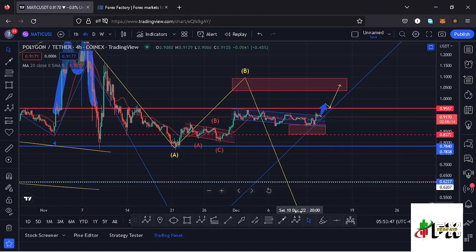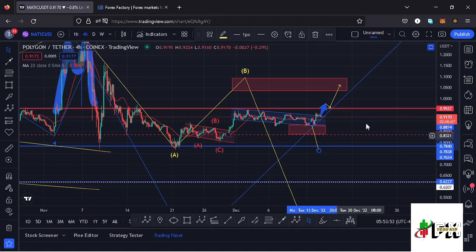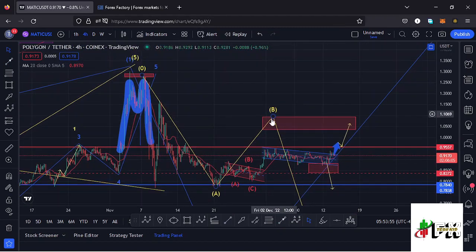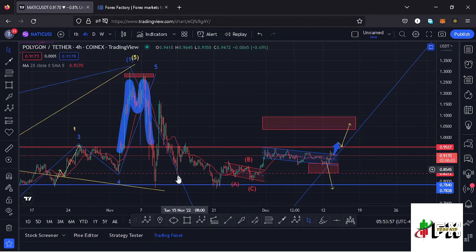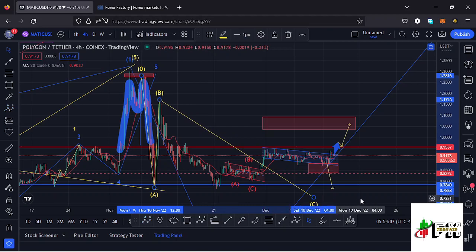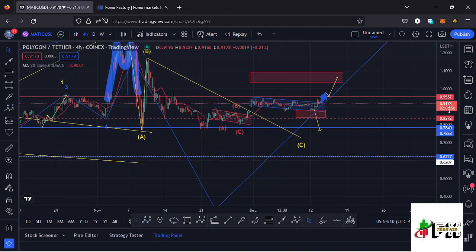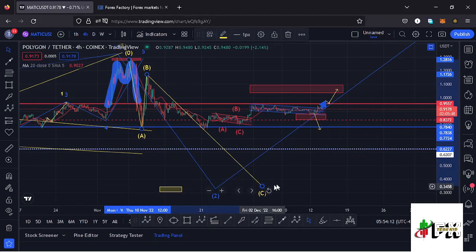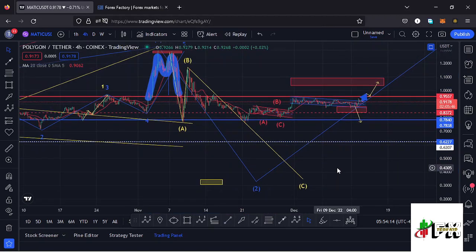In case we lose this target area down here and continue pushing lower to maybe the key area of support at around the $0.78 mark, then I'll be having a different ABC corrective structure over here, having this as my wave A. Then we saw a wave B making a peak at around the $1.17 mark. Then I'll be expecting a straight sell off over here in the formation of that wave C to fully maximize the formation of that second wave. So those are the two possible ways we can have that ABC corrective structure,